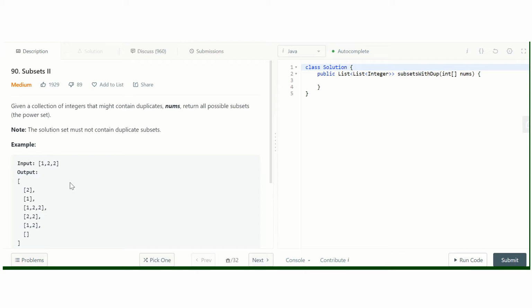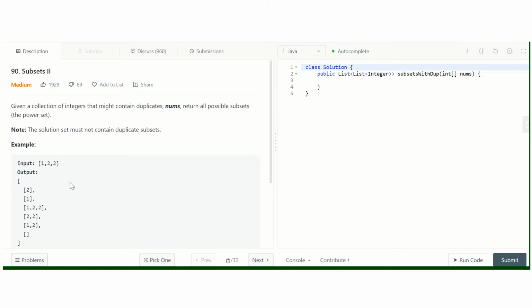If we don't sort the array, then the output would contain subsets like 2 1 and 1 2, and these are not distinct subsets. These are the same set, but if you insert them into the hash set, they will be treated differently, and our output will be wrong. I will demonstrate that case here.